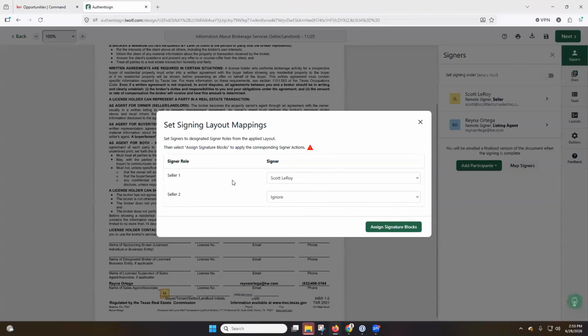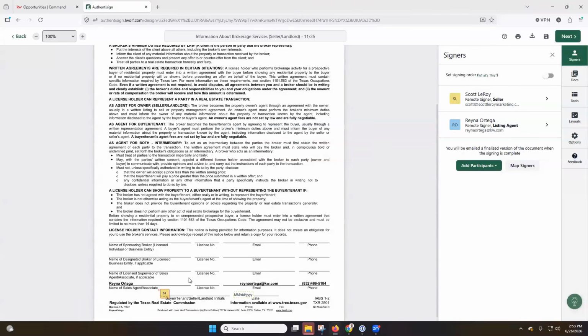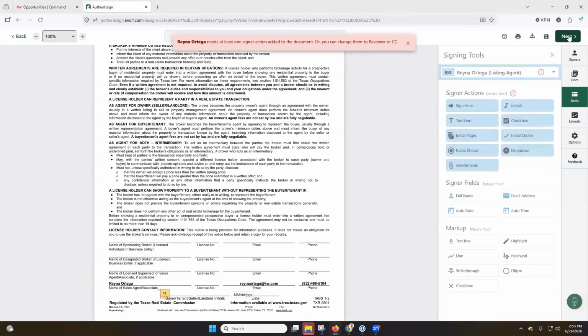And now I can see, hey, the seller is going to sign here for Scout Leroy. I don't have a second seller, so I'm going to include this. And now it's got where they're going to put their name on here right away. And then here's the date that'll pop up. All right, so now once again, you can see at the top right, I can either print this, I can download it, I can save it, or if I click next,